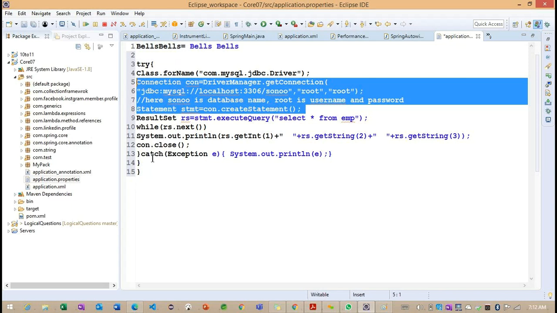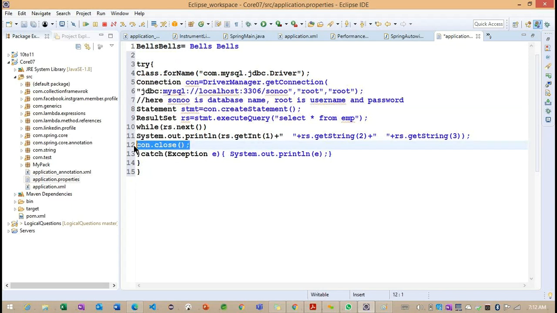In the same way, inside the catch block, we close the connection. This connection closing is also the same for each and every operation. So this common functionality is defined in our template classes. Getting the point? We are not going to write this common functionality. Now we can directly focus on inserting the data, updating the data, or loading the data. This is very important.